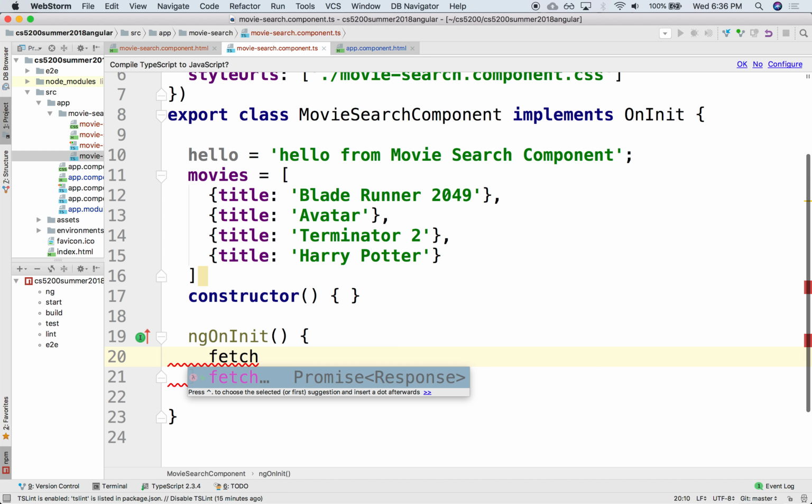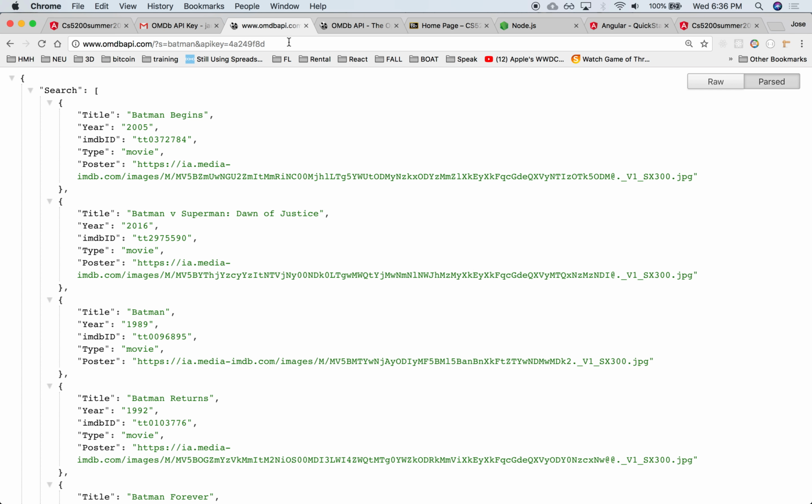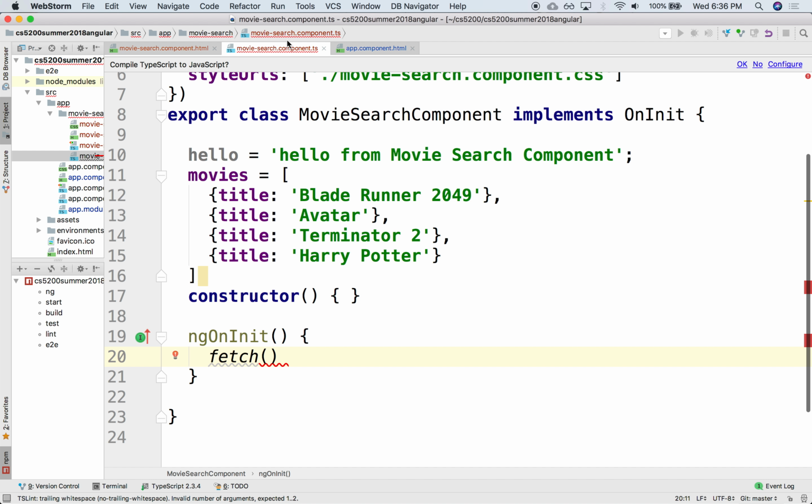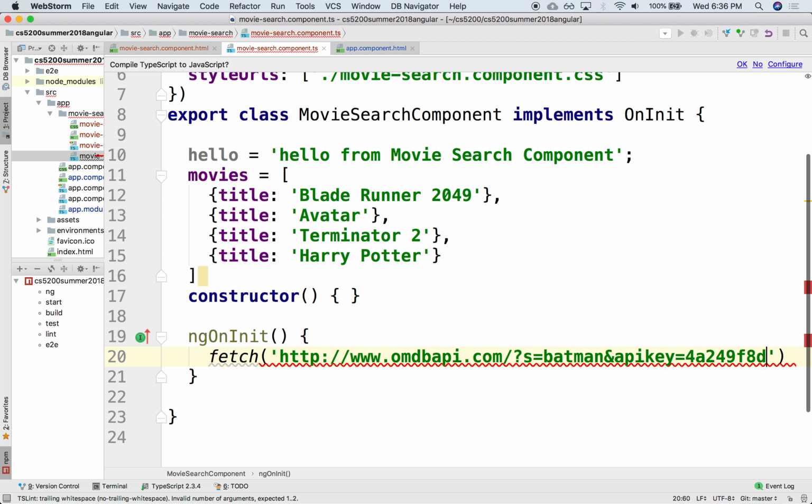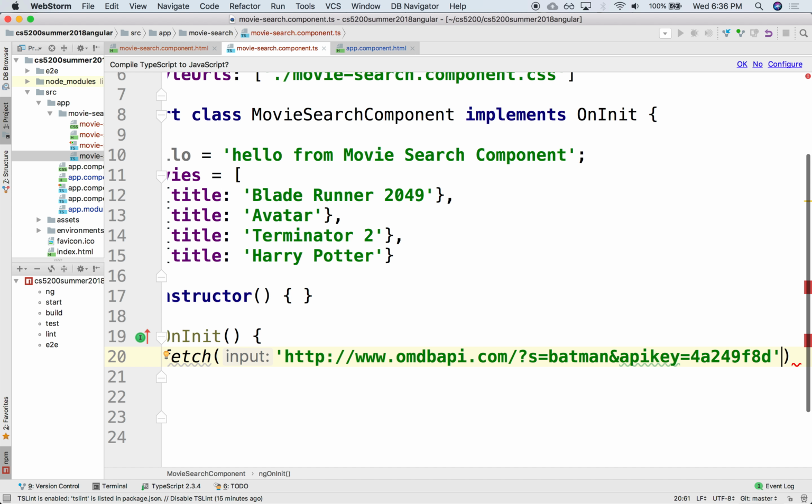So let's do that. We can copy that URL and provide it here as an argument, as a string, and the default behavior of fetch is that it will generate a GET request. That's the default, and then it allows you to then